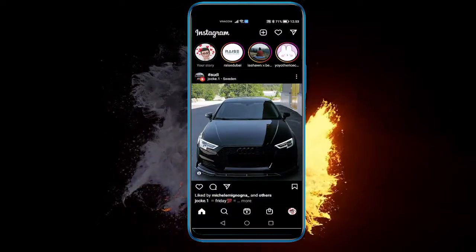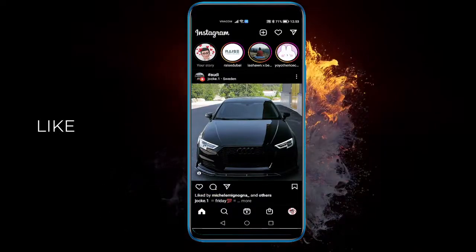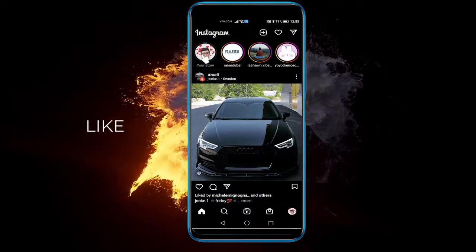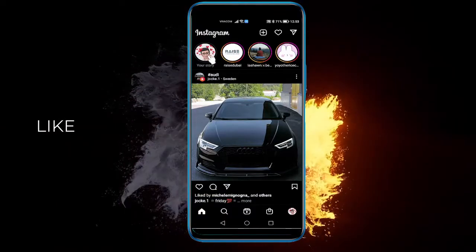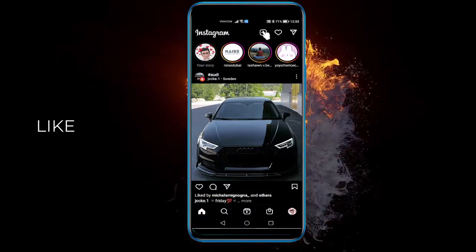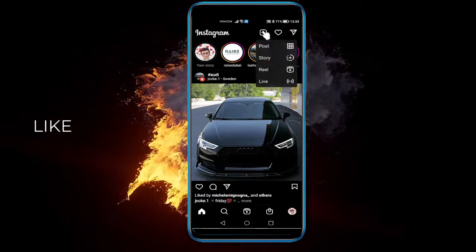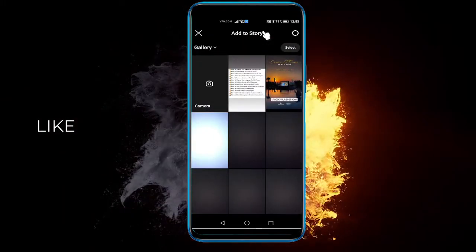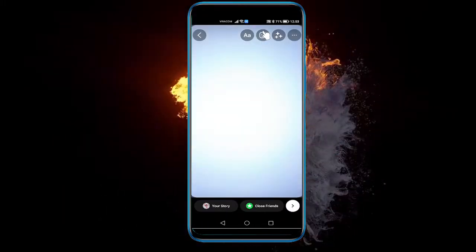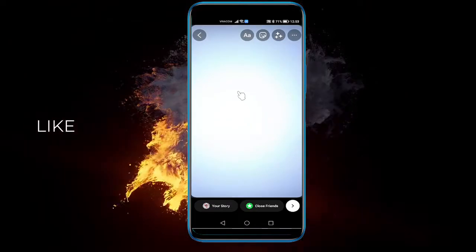Open up your Instagram and then select add a story. You can do that just by holding up the story profile photo here, or you can select this little plus and select story. Once we're here, let's just select a random picture, and if we want to add another picture,